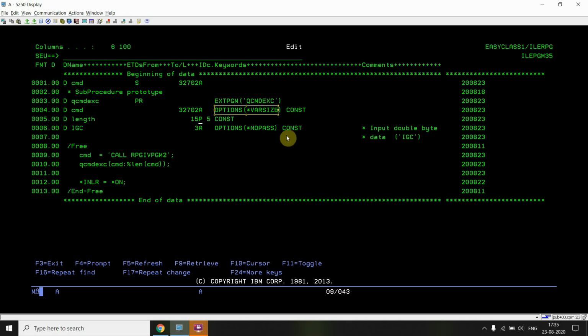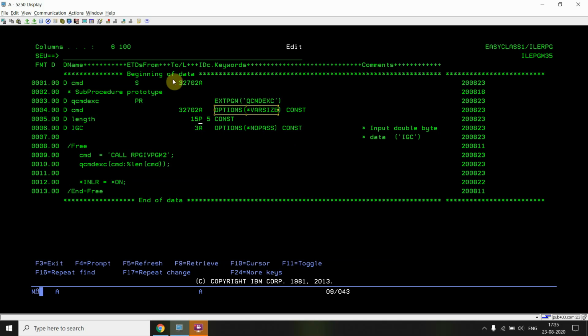I could use call by reference also, but I don't want the value passed to this command or length or any option of this prototype to get changed further in the sub procedure or anywhere else. So I can define it like that.